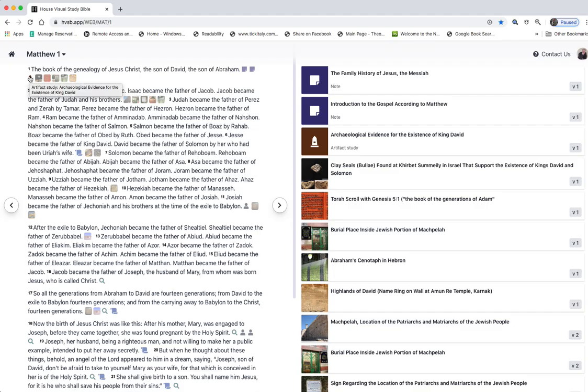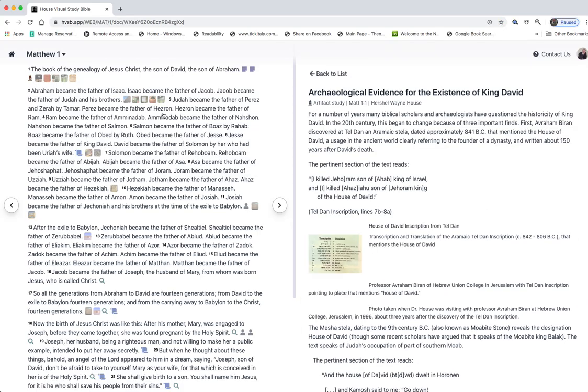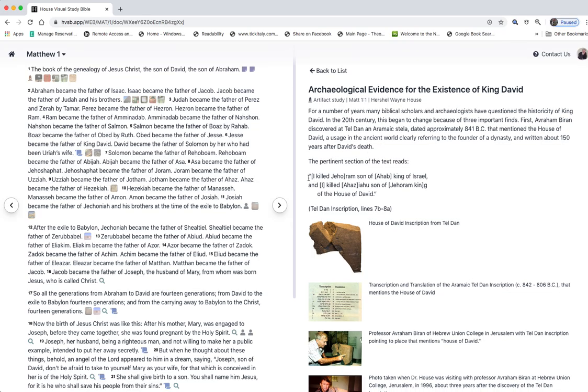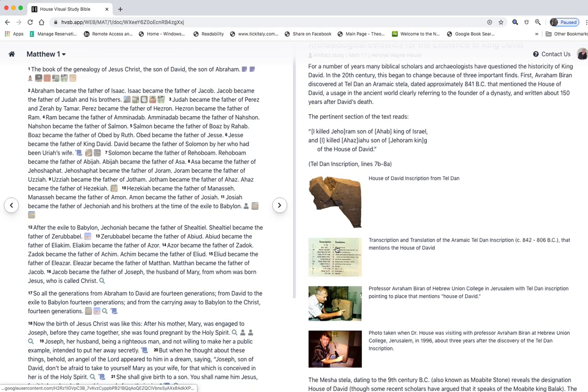But let's just go ahead and click this rather than going all the way to the other side, and click it, and it opens up. When it opens up, I start talking about the artifacts that support archaeological evidence for David's existence. I say a little bit about it, give you portions from the actual translation of this Aramaic source you're looking at here. The House of David inscription from Tel Dan. Aramaic, and nonetheless the English is given here to help you to read it. Shows you how the English and the